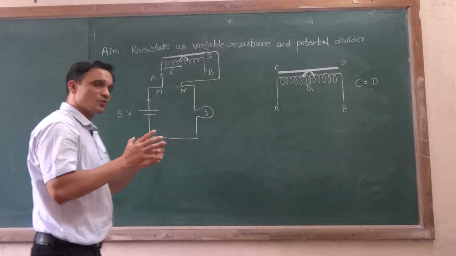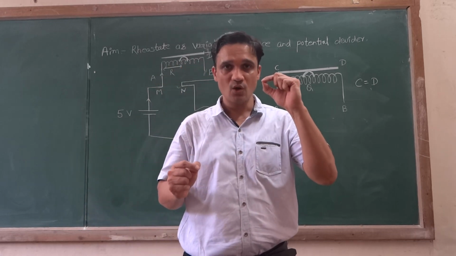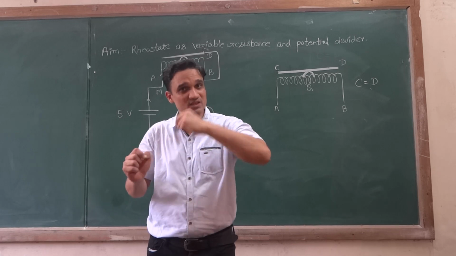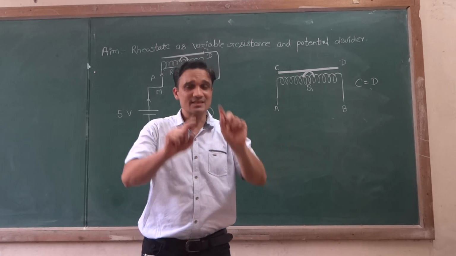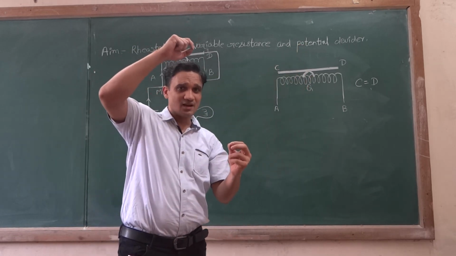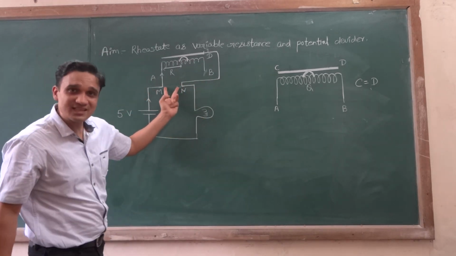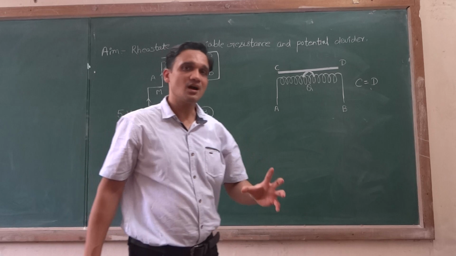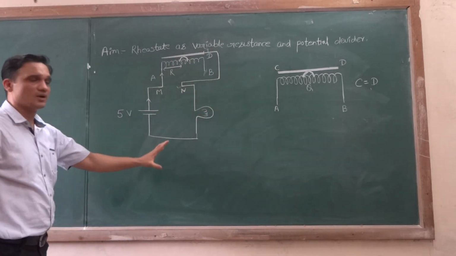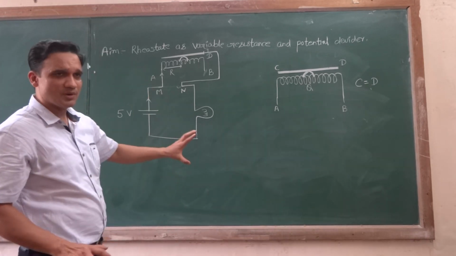Okay, so this is how, when you want to connect the rheostat, you have to utilize 2 points of the rheostat: one end of the wire winding on the rheostat, and second, the copper rod. If you use those 2 ends between 2 points of any circuit in series, then your rheostat will start to work as a variable resistance. You can see this is very simple to understand. There is no complicated concept.